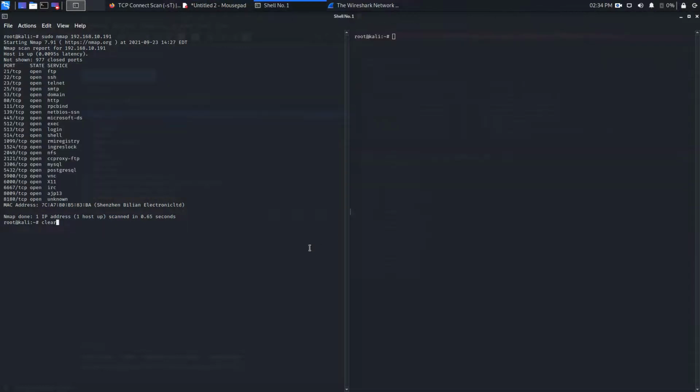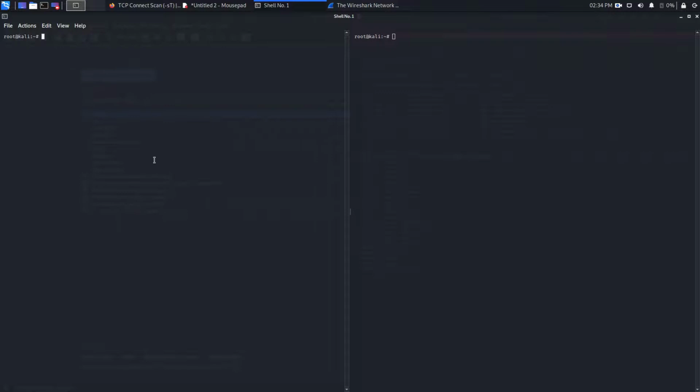Fine, so let's go and do this. Clear, and what I'm going to do is nmap space hyphen s T. This is the argument if you want to scan TCP. After the nmap command you have to choose hyphen capital T, and then you need to choose the port. If you do not choose a port, it will scan all the ports, but I don't want to make a mess in the Wireshark, so that you can understand things with fewer packets.